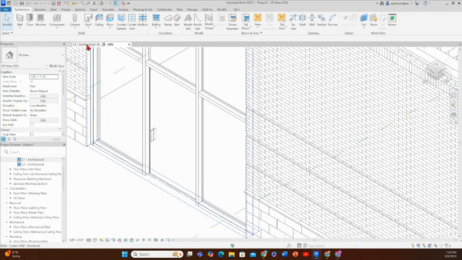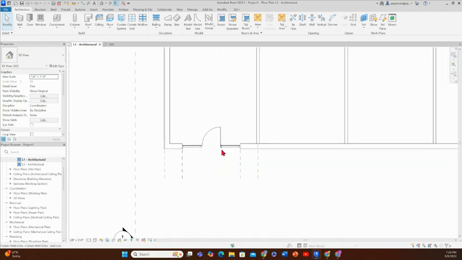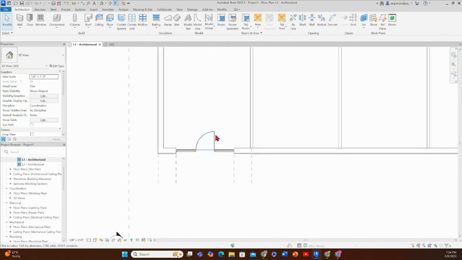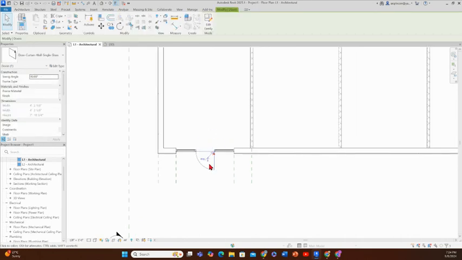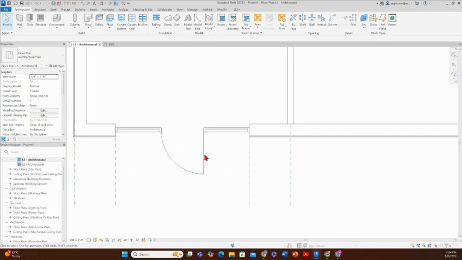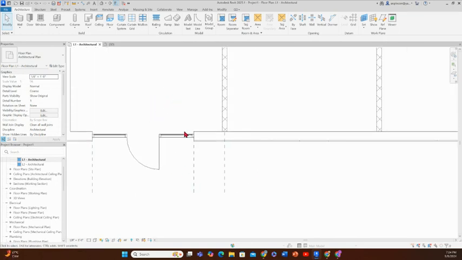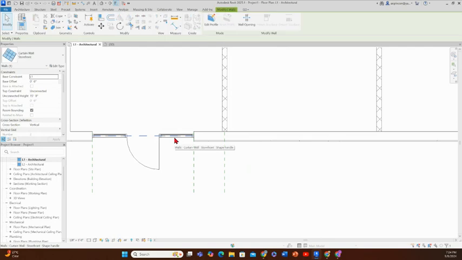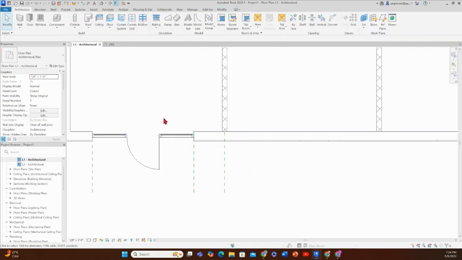If we move to the level 1, you're gonna notice that now we have a door. So we can go here. We can flip the door to the outside so it can meet fire coding requirements. And we got our storefront here. So the beauty here on Revit is that we can select, using the tab key, the whole storefront, or we can just do a window selection. Well, wait. Okay, tab,